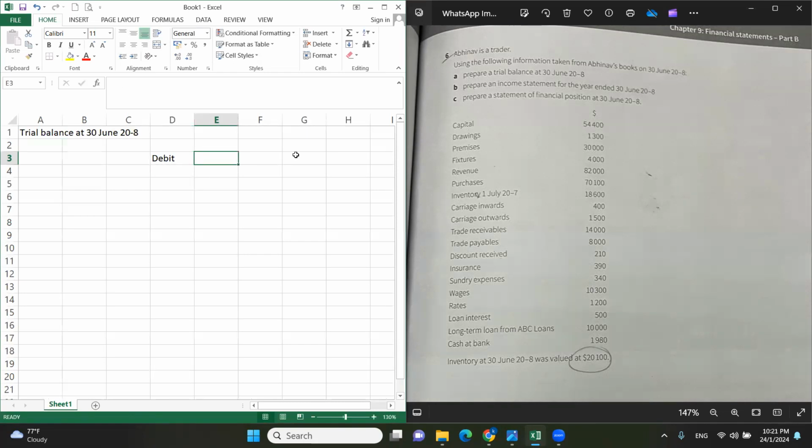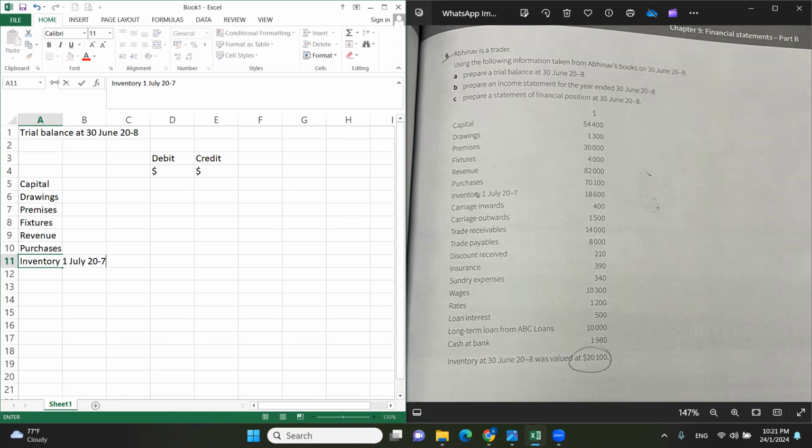Debit, credit, and then capital, drawing, and then premises, furniture, revenue, purchases, and then inventory, 1st July 20-7, and then carriage inwards, carriage outwards,